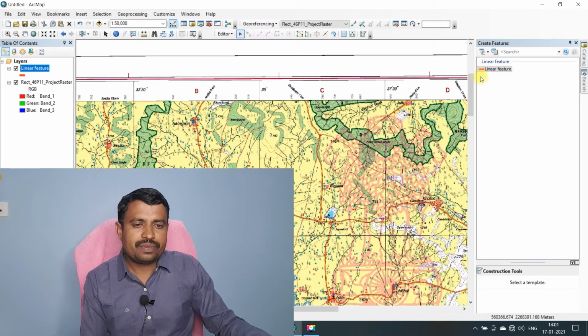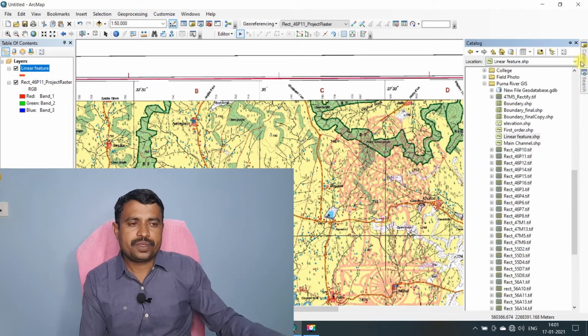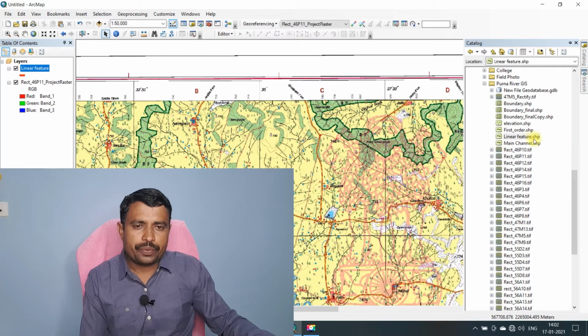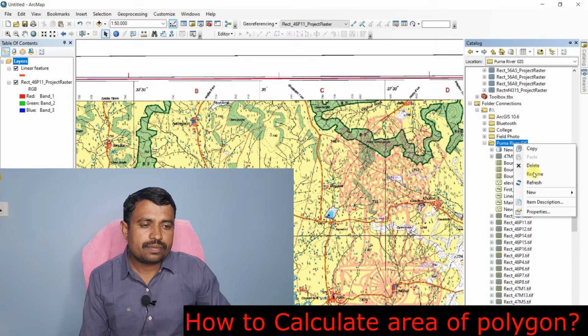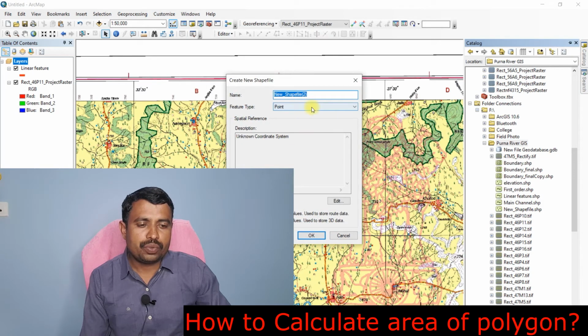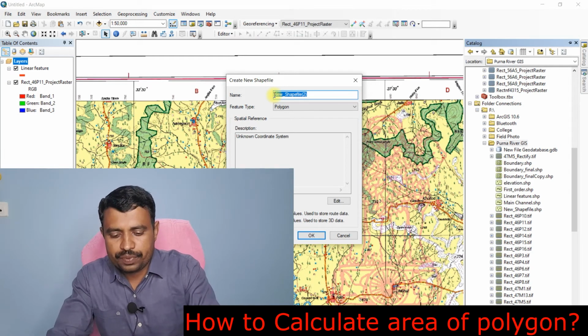Now we will create a second shapefile for calculating the polygon area. So again we have to go here, stop editing. So here again I will create a new shapefile, go into the new, then go into the shapefile, then we have to select polygon, and here I will give the name, that is forest.